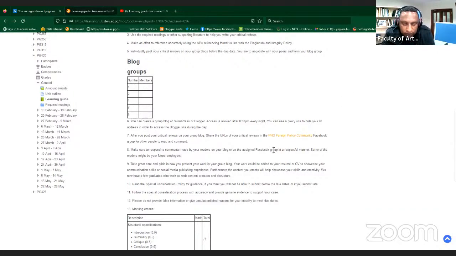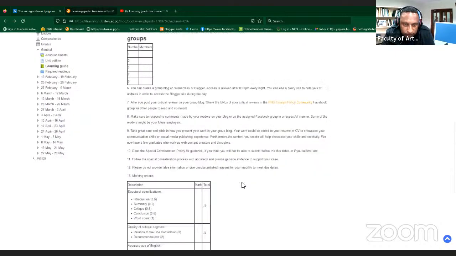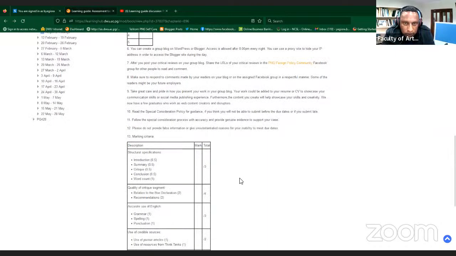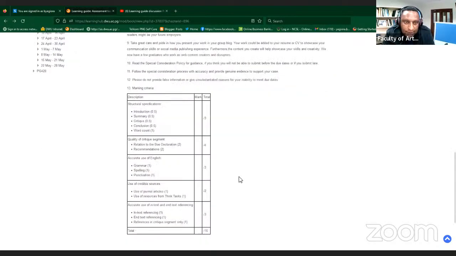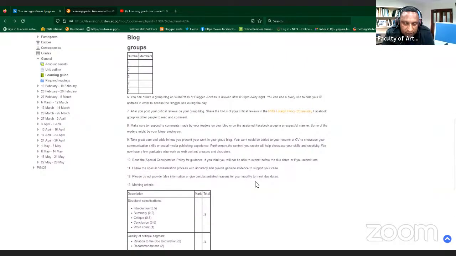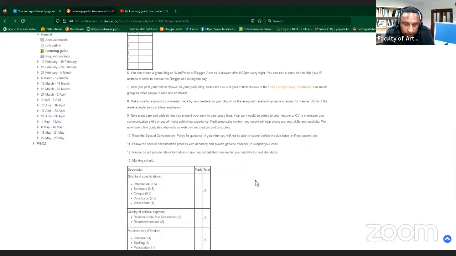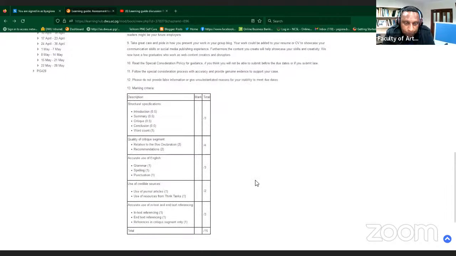So I was talking about blog groups and you posting your reviews individually on your blogs. From there I'll go straight to the marking criteria. You can go through the marking criteria later with the other instructions, and if you have any issues, comments, or questions, then you can communicate with me. For the marking criteria,